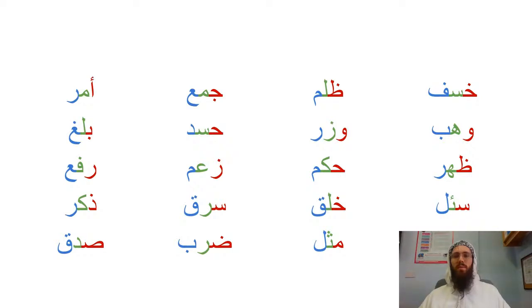And then this letter here at the end, that's a fa. Fa. What about this next word? What's that first letter? It's a dha. That second letter is a lam. And that third letter is a meme. We know that that's a lam and it's not an alif because it's connecting to the letter after it. So dha, lam, meme. Next we have jim,